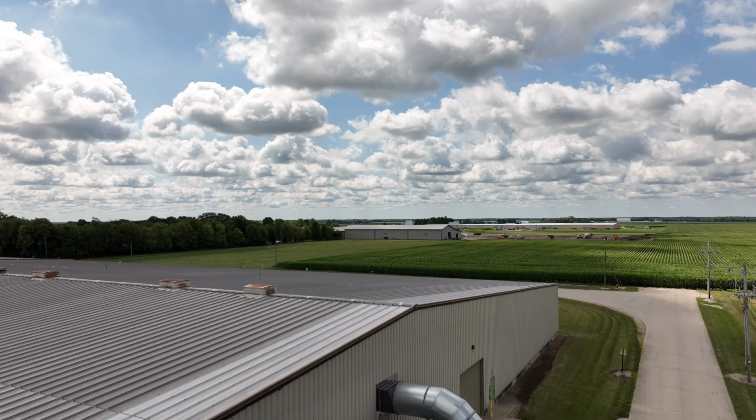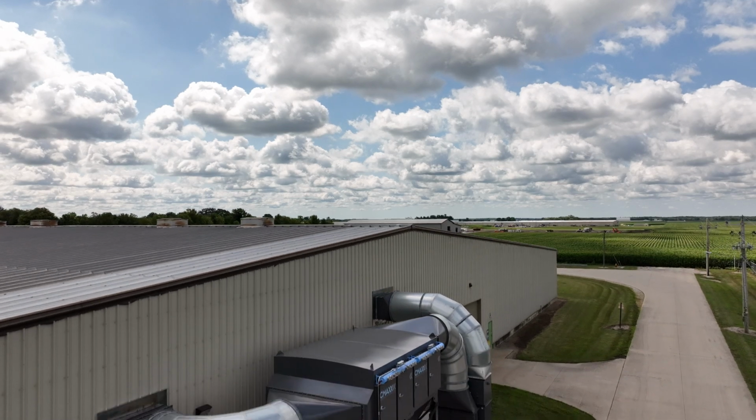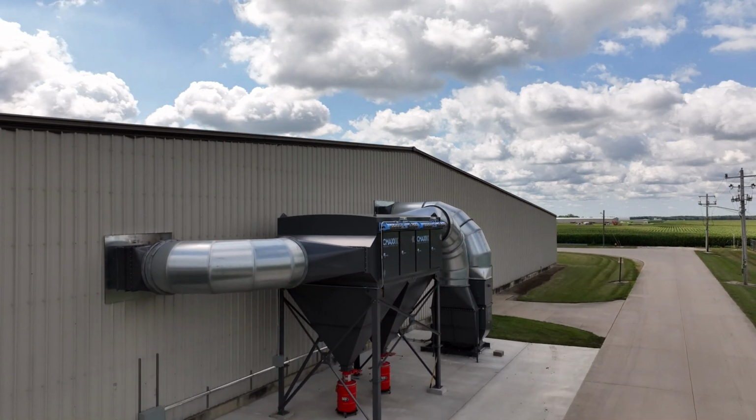Safety is a main priority here at Agri-Fab, and this system was built with safety in mind. All the key features on it are really why we wanted to go with it. We're able to keep the air clean, we're able to keep the employees safe and healthy,